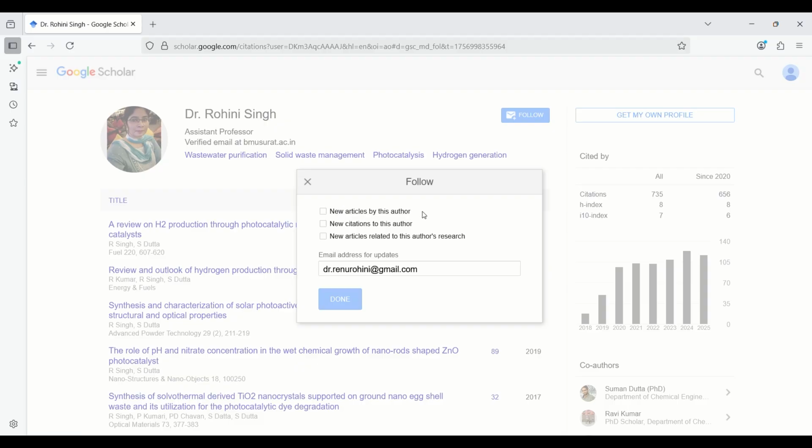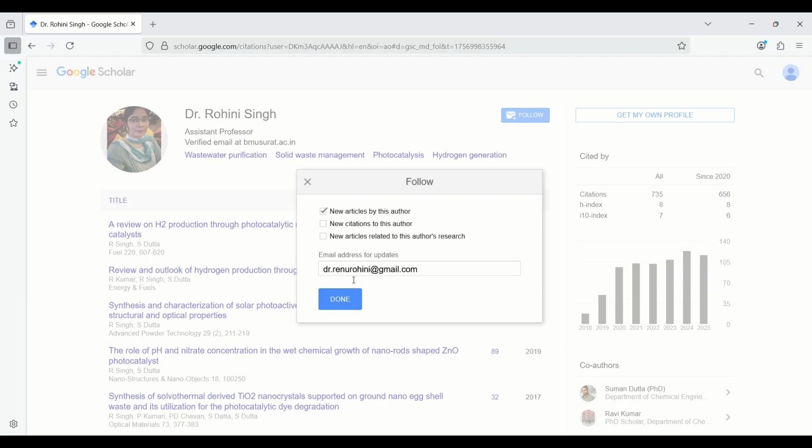If you want a notification regarding new articles by any author, you can just click on it. New citation: if you want a notification when a citation comes for that particular author you are following, you'll get all the information in your email ID.